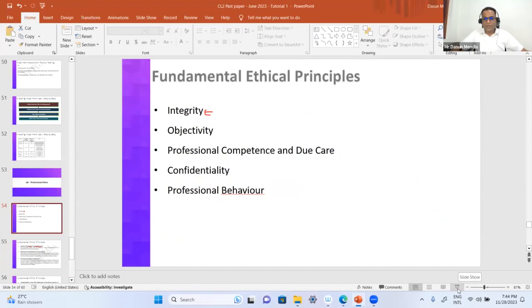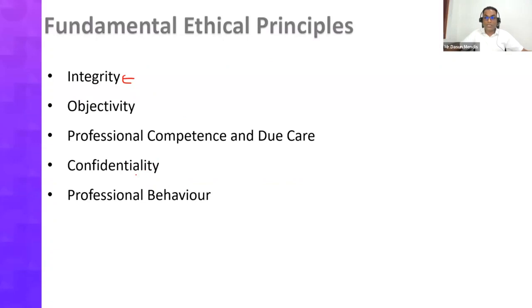Objectivity. What is the meaning of the word objectivity? Objectivity means that when you make professional and business judgments, you should be unbiased, you should not have any conflict of interest, and you should not have any undue influence. So in this case, actually, he is biased. Why is he biased? Because he knows that if there's a delay, the staff in the finance department as well as his bonus is going to be affected.